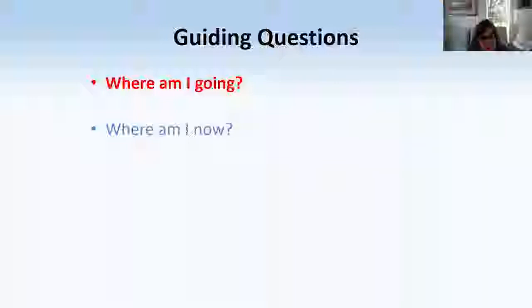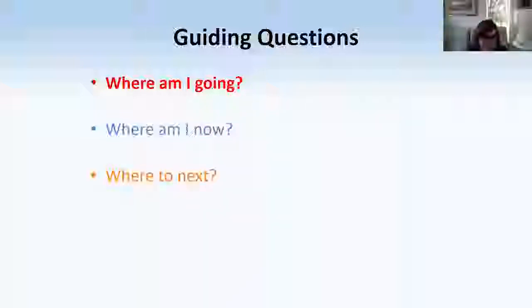And then the next question, okay, I know where I'm going. So as I'm learning during this lesson, at a particular point in the lesson, where am I? What have I understood? Have I partially understood something? Am I close to meeting the goal? Am I confused? Do I have a misconception? Where am I now? So I need to understand that as a teacher, but as a teacher, I need to help students understand their own learning as well.